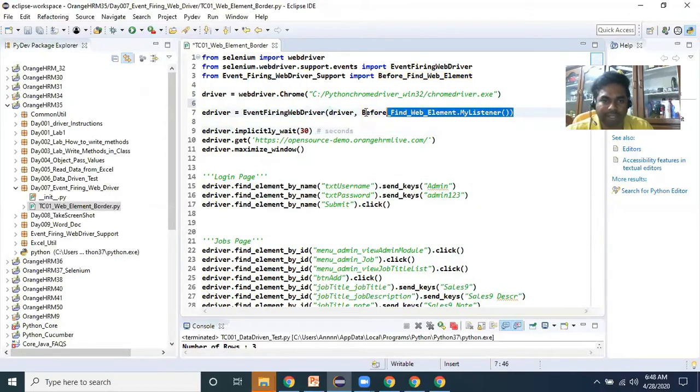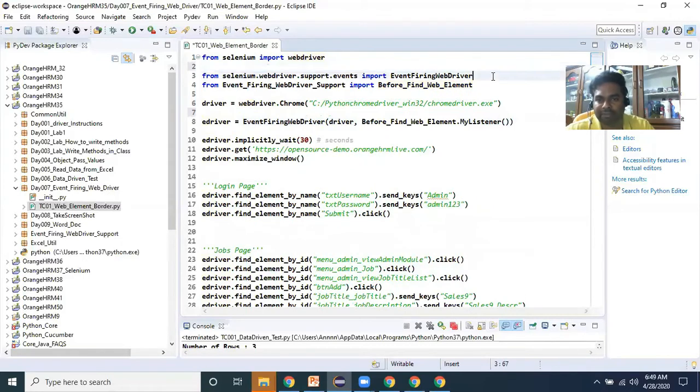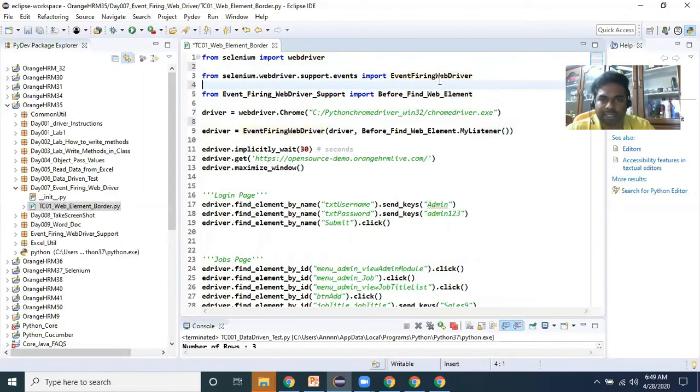We will discuss that. How I have created the event firing WebDriver is important. To import event firing WebDriver, what supporting class files do we need to import? To create a WebDriver object we import WebDriver.